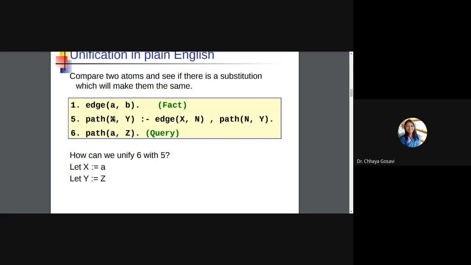So the value of x is A and the value of y is Z. Here Z is unknown, and here you will check whether there is an edge from A to N, and whether there is a path from N to Z. So y is nothing but Z.